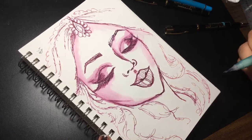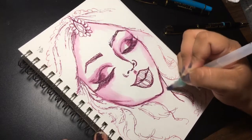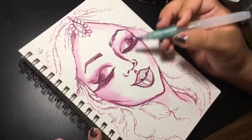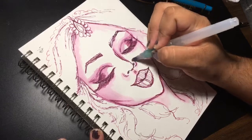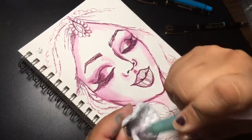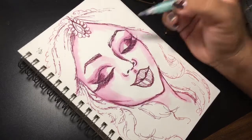Well, you're right. It all came together. Yes, and you guys gotta play with your supplies and experiment with it and use it to your advantage. So for here, I want to do a little shadow, and that's still a little dark for me, so I want to kind of clean my brush out and then spread that out a little more so it can be a little lighter. See? So you guys can get a lot of